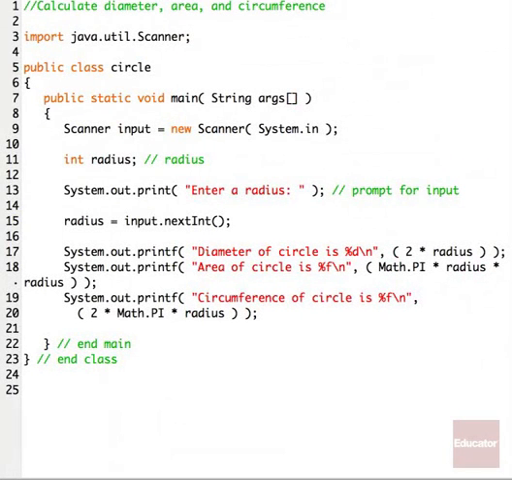First of all, we're going to take a look at the text of our circle program, and what this program, in the Simultron text editor here, will do is calculate the diameter, area, and circumference of a circle if we give the program a radius. Notice the syntax up front here. We say that we want to import the